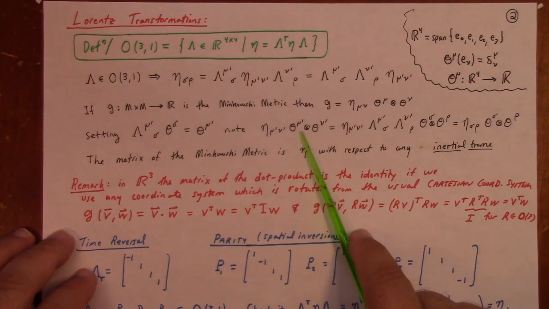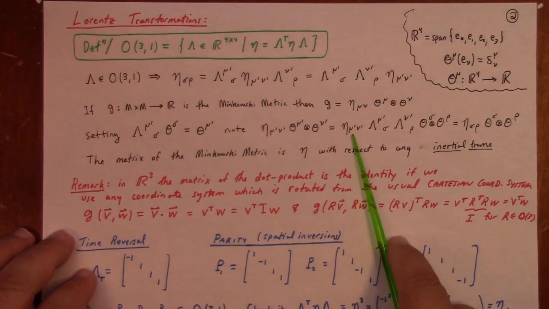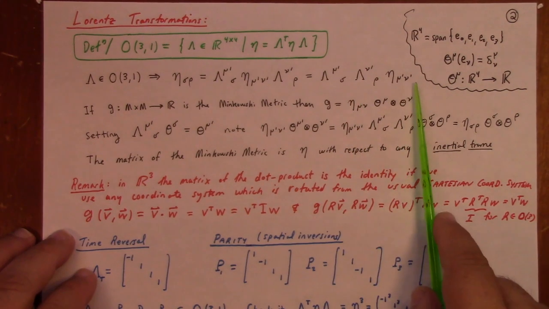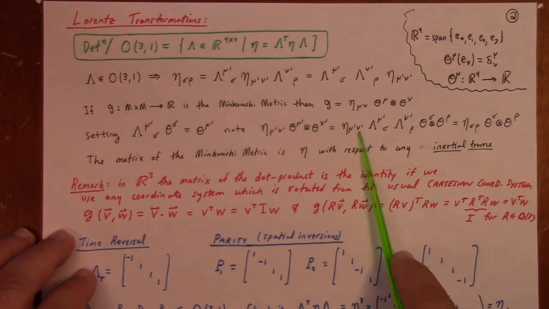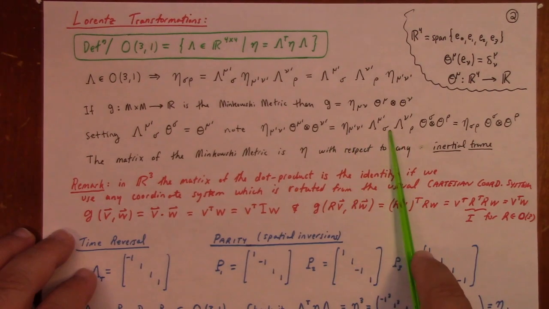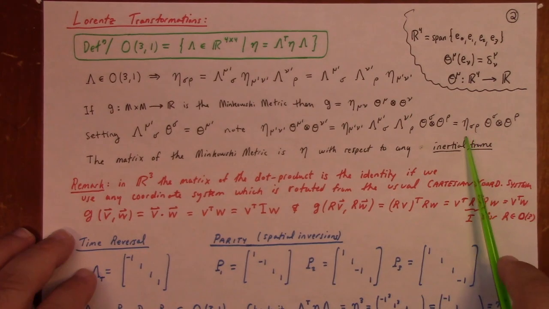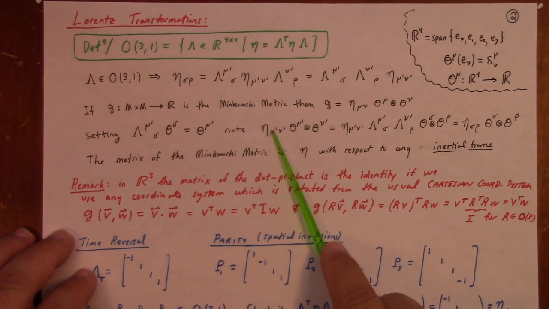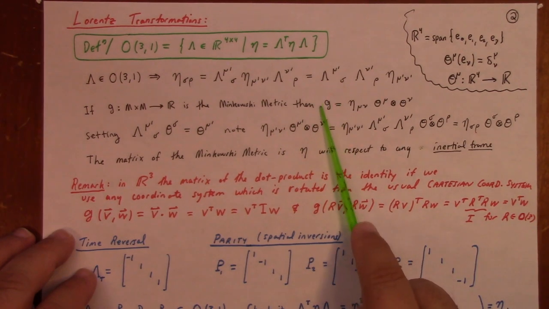So I transform the dual basis according to their rule, and then you're left with this eta lambda lambda, and if you go back up here and move things around just a bit, you'll see that if you put the eta mu prime first and put these guys second, that's exactly what you have here. So that's exactly equal to eta sigma rho, which I put here, and then you get this. In other words, the components of the Minkowski metric,